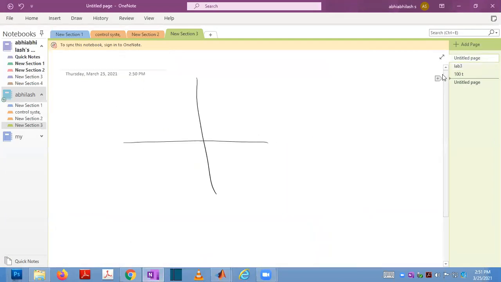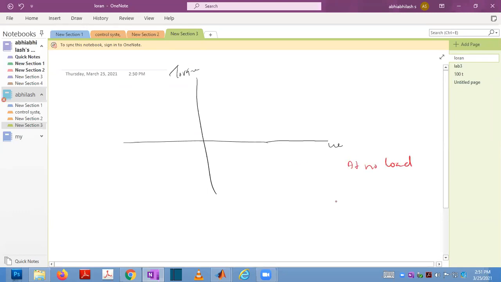So typically, speed torque characteristic means this is the omega line, this is the torque line. Suppose the motor is at no load. No load means the motor is not connected to any load. So when the voltage is given, the motor will rotate at a maximum speed,